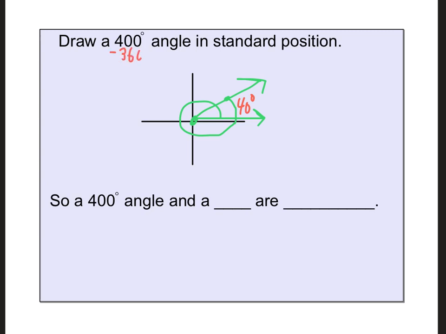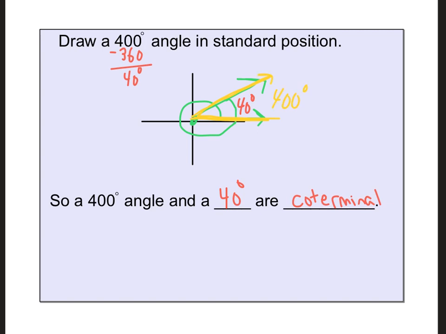So what you can do, like I said, is add or subtract multiples of 360, and that's going to get you a coterminal angle. So a 400 degree angle and a 40 degree angle are called coterminal. They end up in the same spot. There's really no difference when you draw them, because the only important part is where the angle starts and where it ends. Okay, so that is a 400 degree angle,